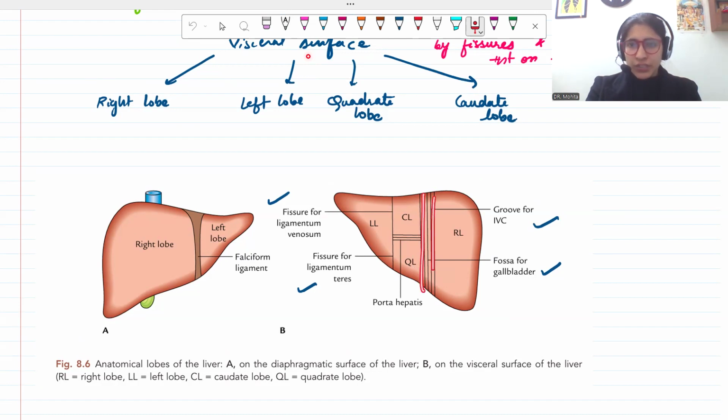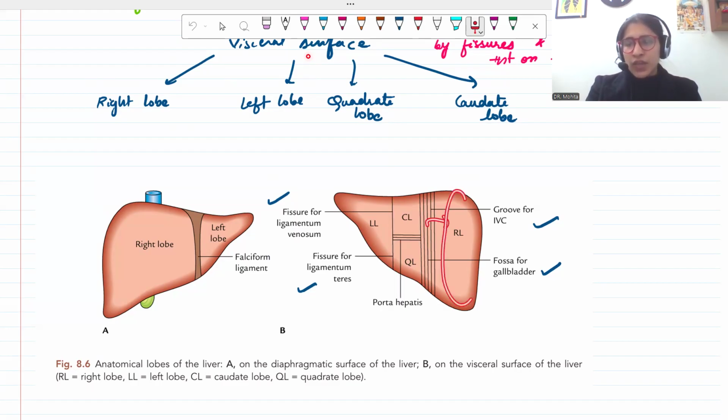So this is a continuous line. ये schematic diagram है. So this is a continuous line. Then we have this fissure for ligamentum venosum continuing as fissure for ligamentum teres. Fine. And here we have porta hepatis। ठीक है। तो ये सारी लाइंस हैं।